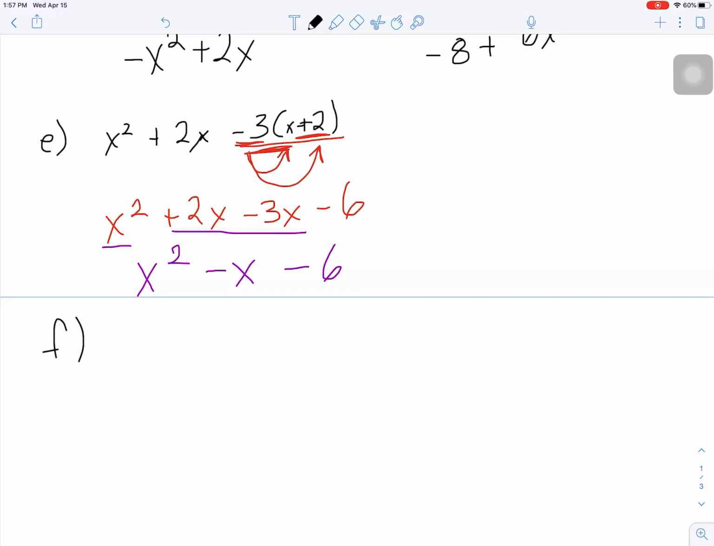Okay, let's move on to F. No, that wasn't F that I just did. That was H that I just finished there. H, sorry. And let's go back here. Now we're on I. I, x squared minus 2x